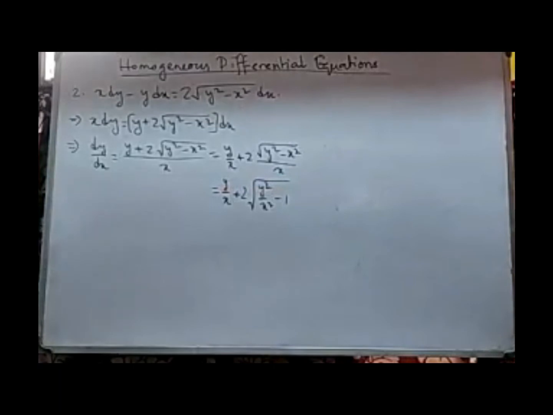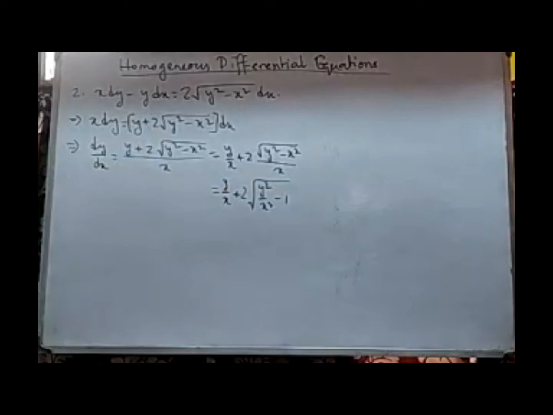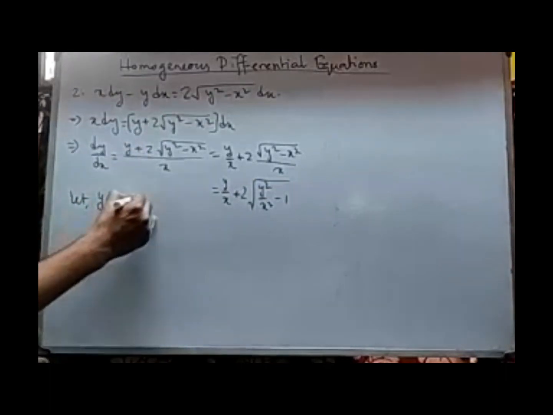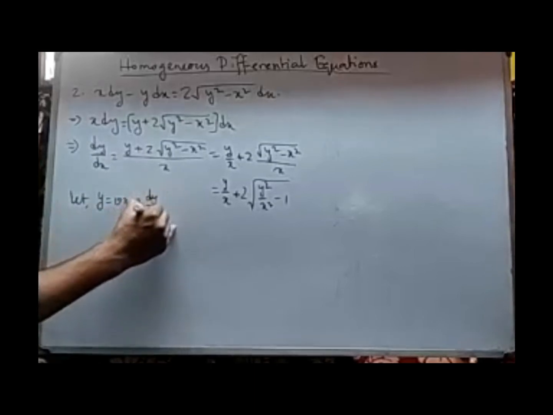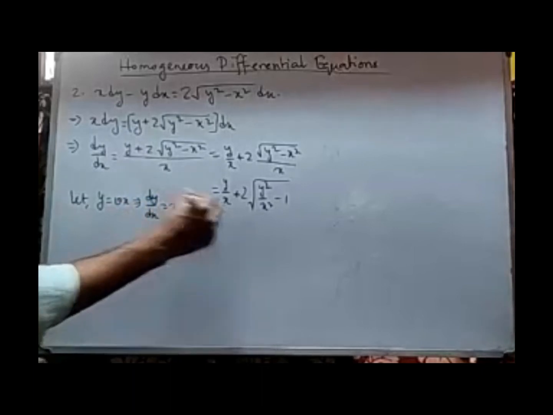Because when you are taking that x inside the square root, it will be x square there. So now it is completely a function of y by x. So we can replace it. So let y equals to vx. So differentiating, what we are getting,